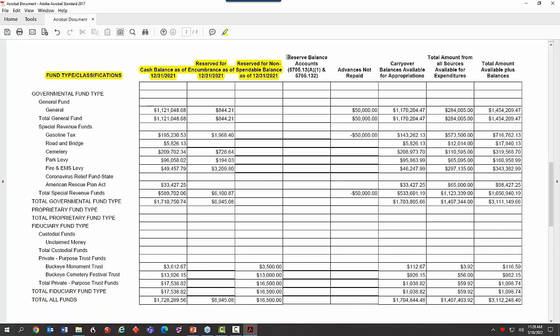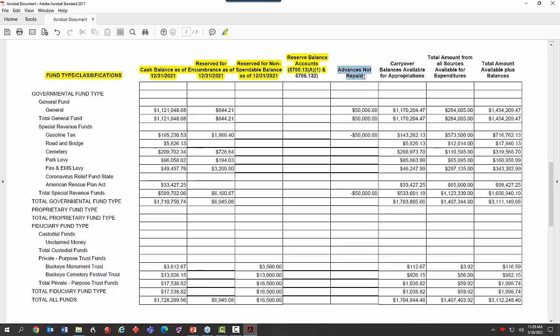Now we do have some clients that have a reserve balance account, but it's a low percentage, and I'm not sure anybody in this room has them. So it would also be a column that adjusted the unencumbered fund balance, and we're not going to talk about that in depth because we've got a lot of things to cover that I know you need to know.